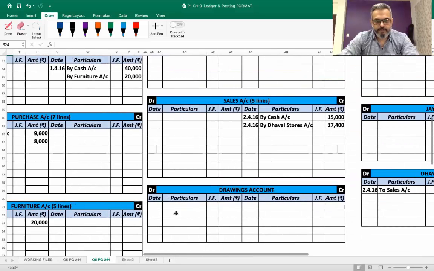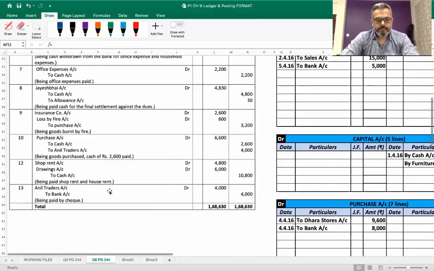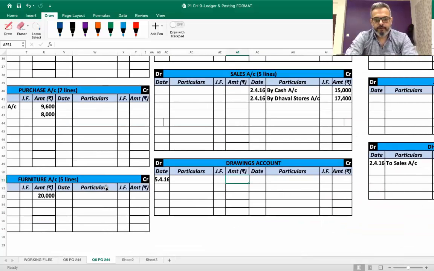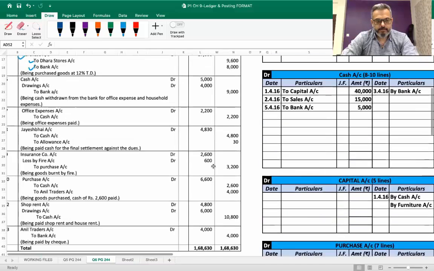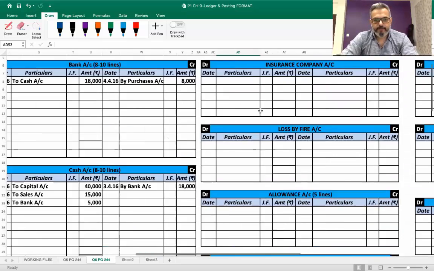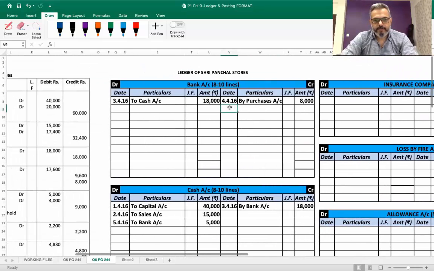Go to drawings account. 4,000 to bank account. And bank account credit 9,000. So bank account credit